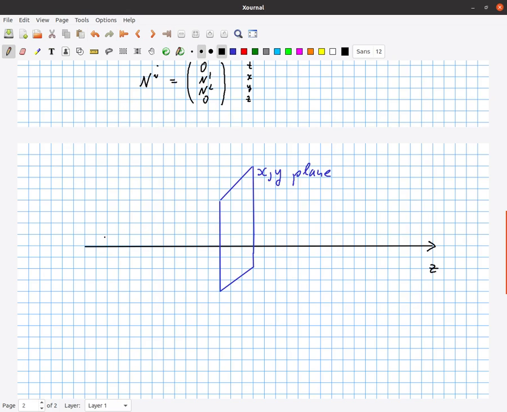Normally we draw a wave a bit like a wavy thing like this. It's quite difficult to visualize a gravitational wave, to be honest. The idea is that we have our xy plane, propagation along the z direction, our gravitational wave coming here, and